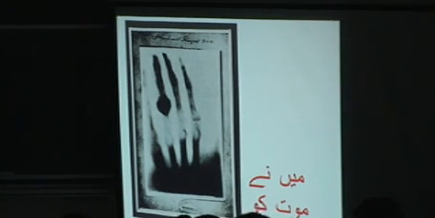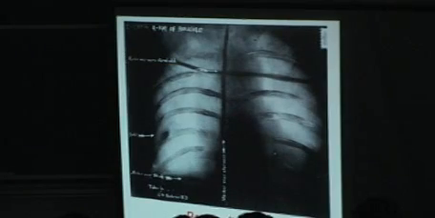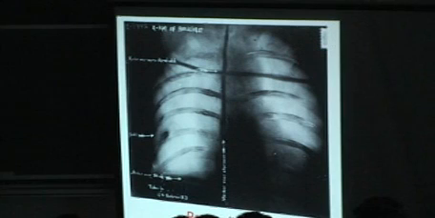और उसके बाद जैसे ही ये इमेज छपा 1896 में, there was a flurry of interest, क्योंकि अब आप कोई चीज ओपेक नहीं रही, you can look into objects, you can look into human beings। तो सिर्फ 17 साल बाद इस डिस्कवरी के, रैपिड एक्सेलरेशन देखें साइंस की, टेक्नोलॉजी की, only about 15 to 17 years after the discovery of X-rays, अमेरिकी सदर रोजवेल्ट को एक गोली लगी। 1912 में ये एक्सरे इमेज लिया गया, one of the first X-ray images। उसमें देखें आपको, you can see the bullet, this is the rib cage, one of the oldest X-ray images।